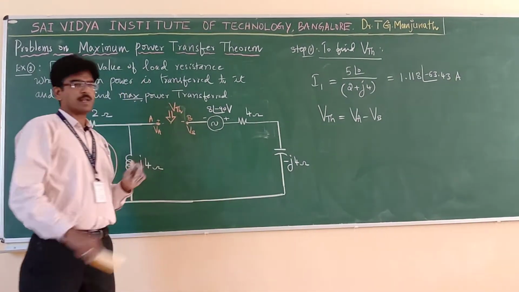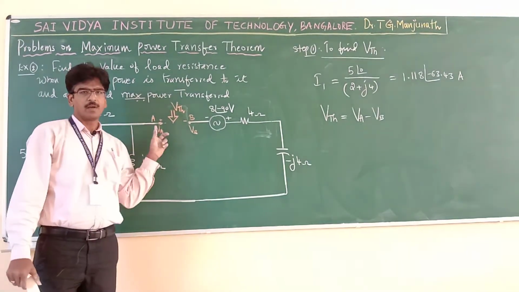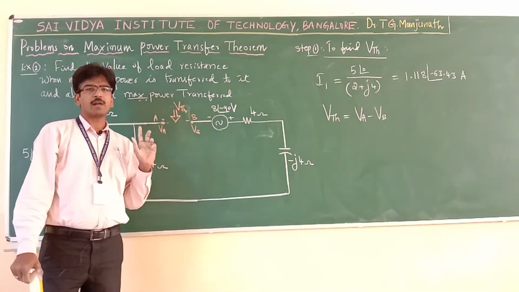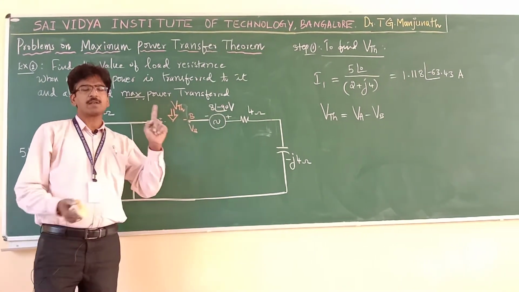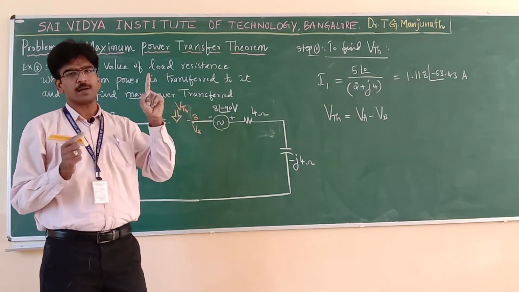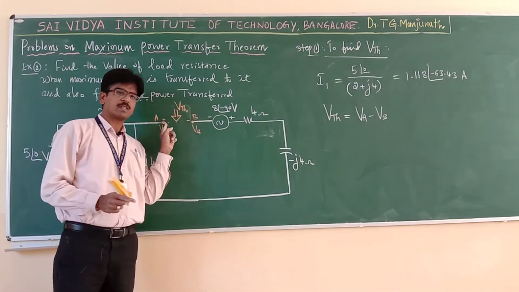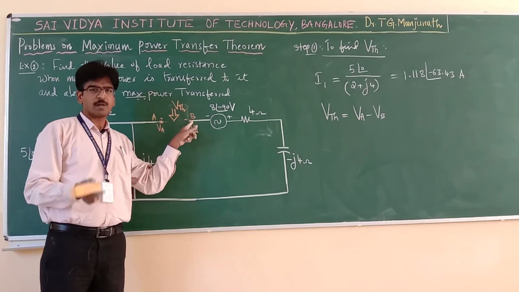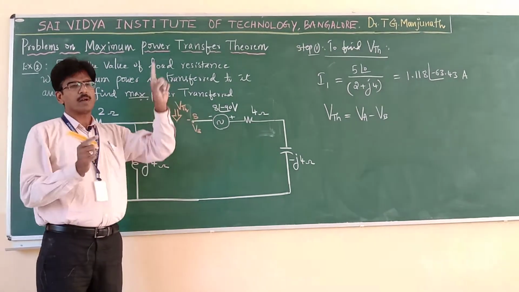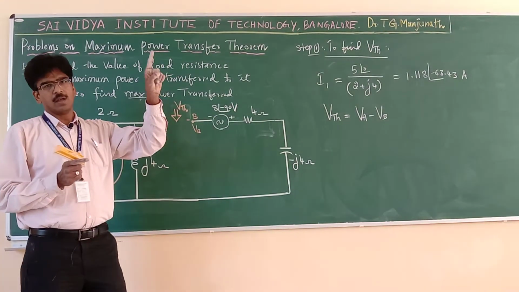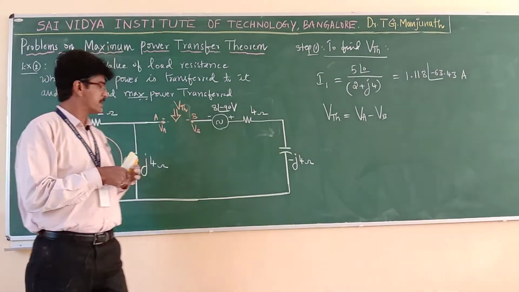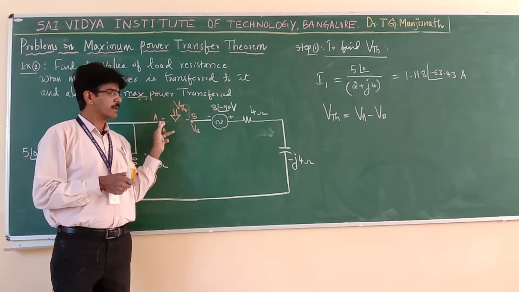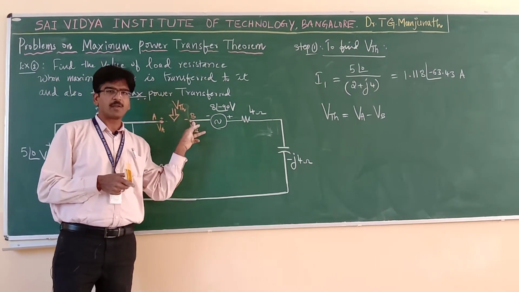Now, to find the voltages, as I said earlier, in any network we should have one reference point. Voltages are always measured between 2 points. If I want to measure voltage at this point, I should have another point. So potential difference always means it is between 2 points. Hence, to measure the voltage at this point or at this point, I should take one